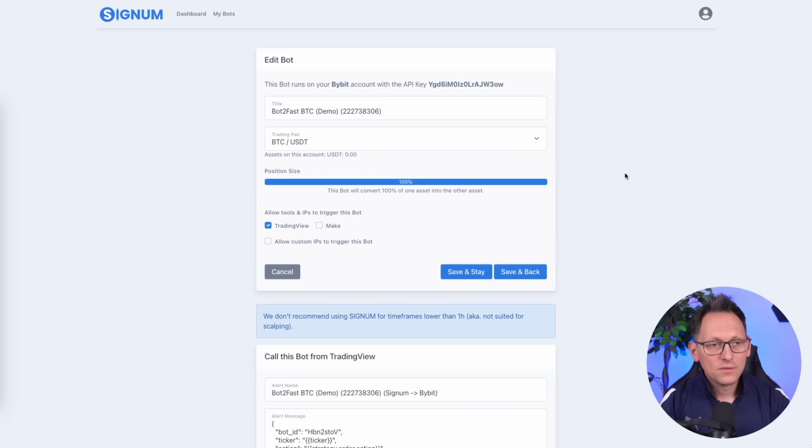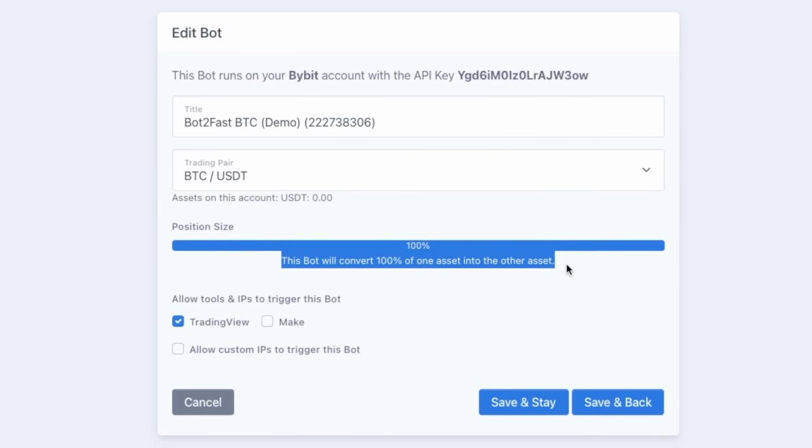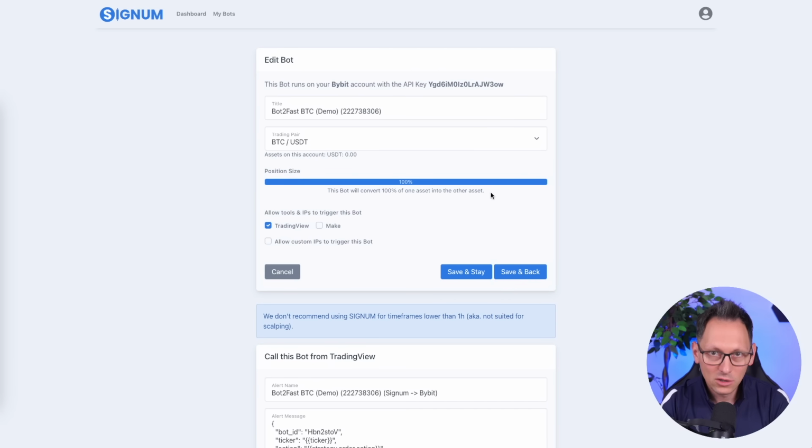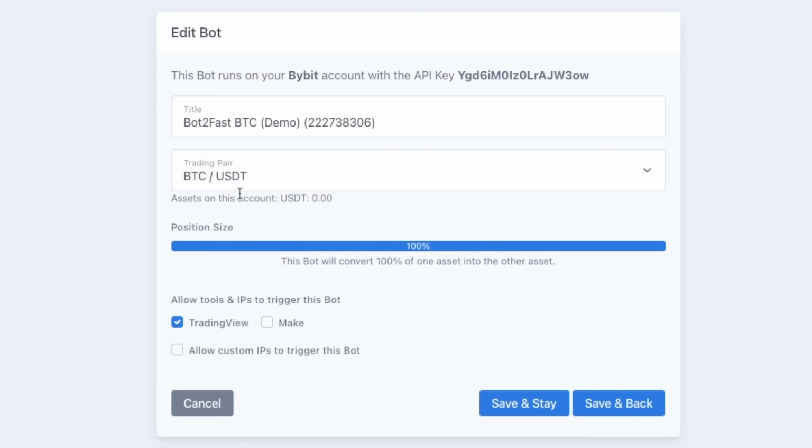You might ask yourself, for how much money will this bot actually buy and sell? Well, it says here, the bot will convert 100% of one asset into the other asset. Now, why is that a good thing? Well, let me explain. Here you have your trading pair, Bitcoin USDT. Whenever there is a buy signal, it will take all of this USDT and buy Bitcoin for that. And the most important part actually is this: when there is a sell signal, then it will